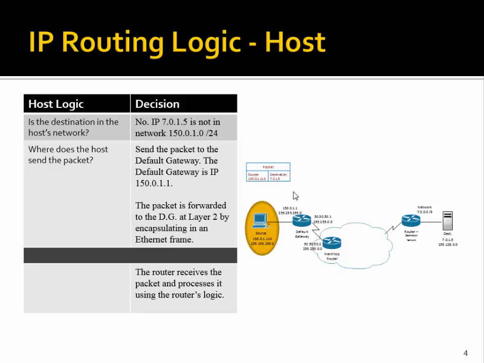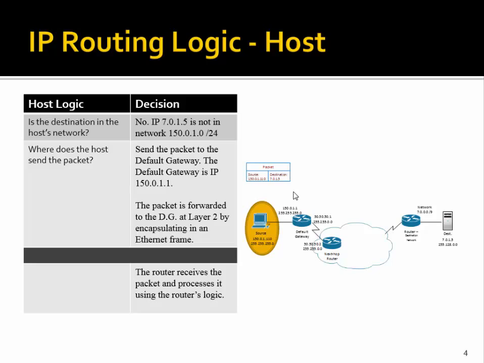In our example, the subnet mask is a /24, meaning that there are 254 assignable IP addresses within that subnet, and those IP addresses start at 150.0.1.1 and go through 150.0.1.254. The IP address 7.0.1.5 is not within that range,